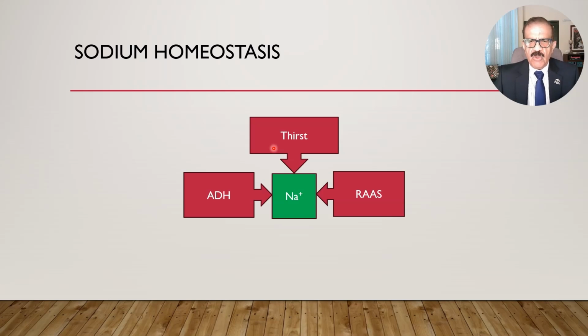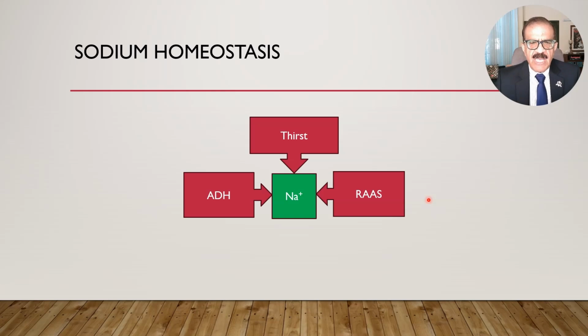renin-angiotensin-aldosterone system. This is the system which is initiated by the kidneys. Renin is produced by the kidneys in response to hypovolemic state, dehydration, hypotension, and this would activate angiotensin 1 conversion into angiotensin 2, and then angiotensin 2 would cause vasoconstriction, so that will help to raise blood pressure. It will also stimulate production of aldosterone from the adrenal cortex, and that will retain sodium and water, so normalizing